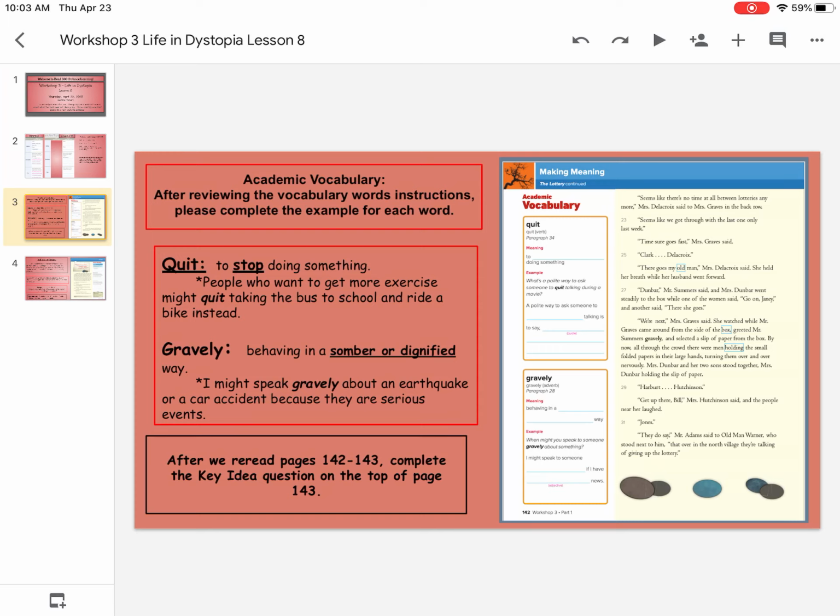And we're going to ask you to complete the example by answering this question. When might you speak to someone gravely about something? So I might speak to someone gravely if I have, what kind of news would you use a somber tone with or communicate gravely to somebody? Now, my example, I forgot to mention, I might speak gravely about an earthquake or a car accident because they are serious events. All right, so what I want you to do, you can pause this recording, finish page 142,